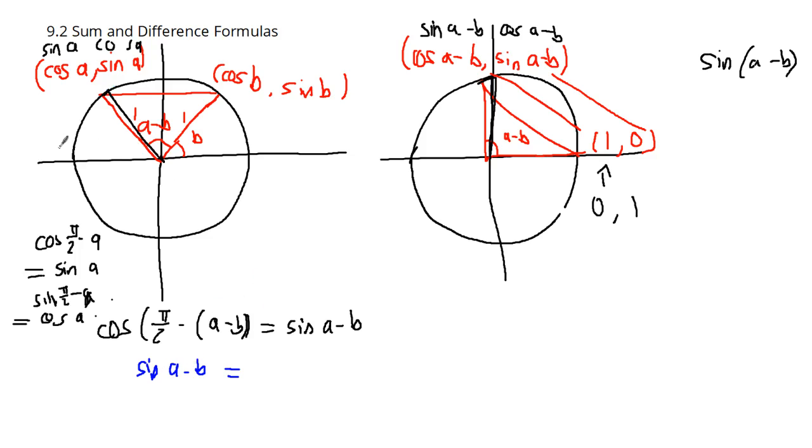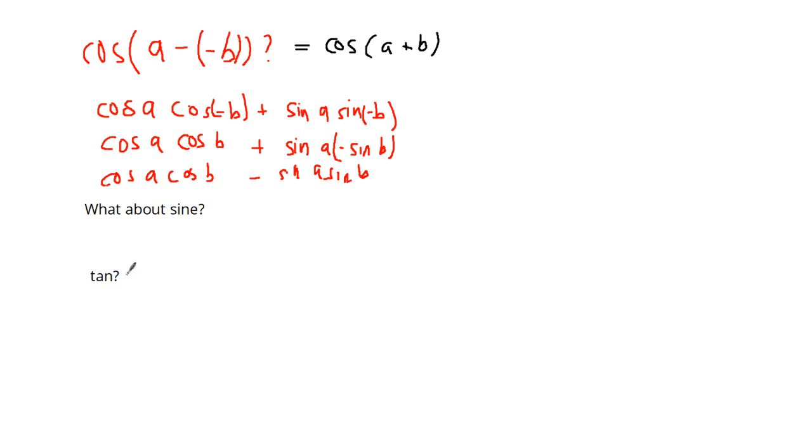So it'll be sine A minus B is equal to, let's try again, sine A cosine B plus cosine A sine B. And there you go. That should be the answer. Now what about the tan? The tan is equal to the sine over the cosine. You guys already know that. So we can just plug in our sines and our cosines, and we would get the function. So this will be sine A minus B,